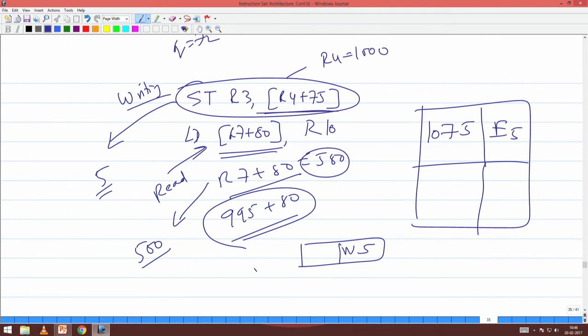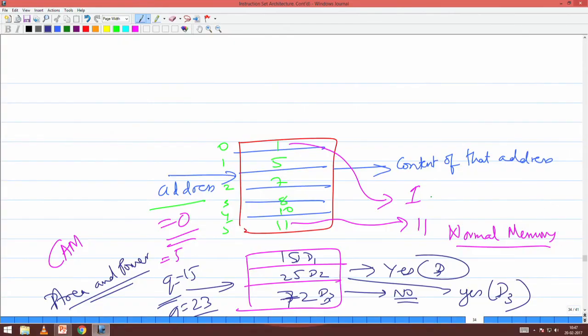Now, what should be the size of this content addressable memory? At the most, how many loads can happen? It is equal to the number of units. So there will be at most 4 load store units, so for the content addressable memory I just need 4 locations, right. What was my crib about content addressable memory in contrast to normal memory? The content addressable memory takes a lot of area, time and power.